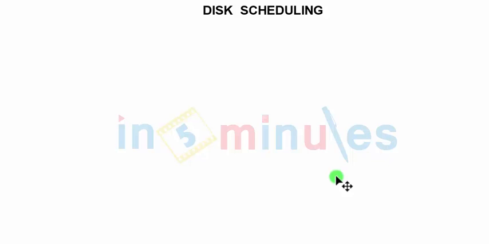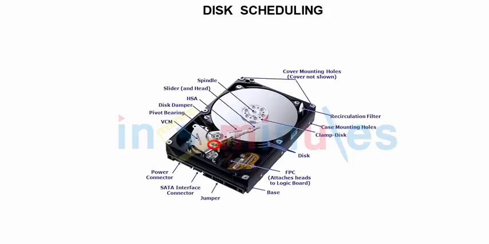In our next video, we would be understanding disk scheduling. But before we could go for the disk scheduling, first let us understand what you mean by disk and what are the terminologies. To begin with, most of us understand disk by a hard disk.